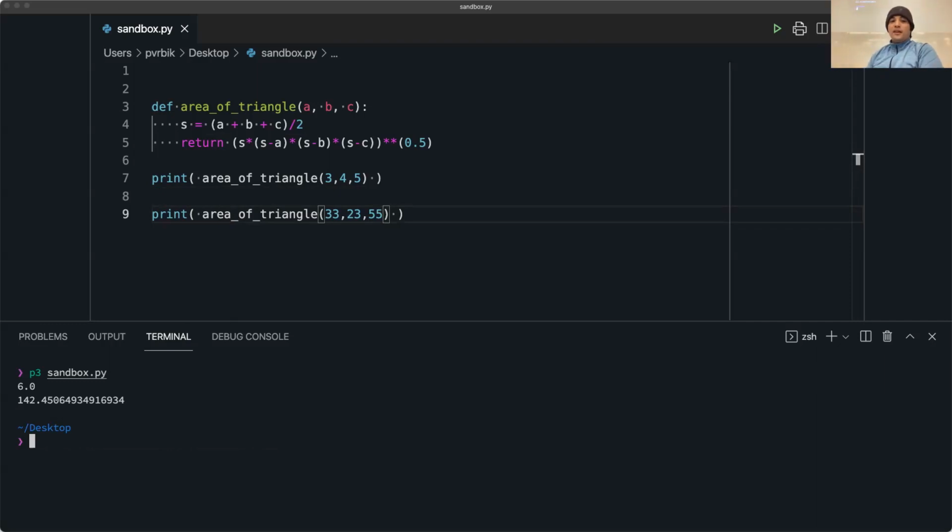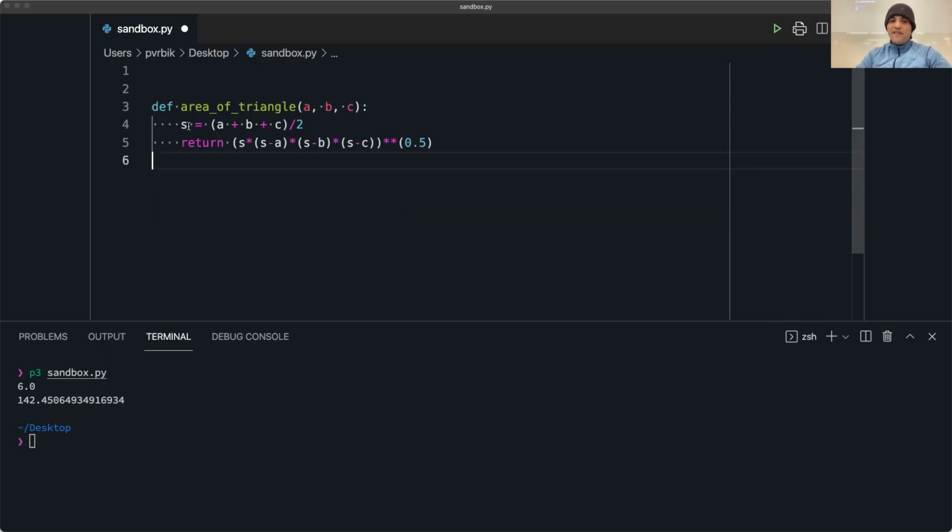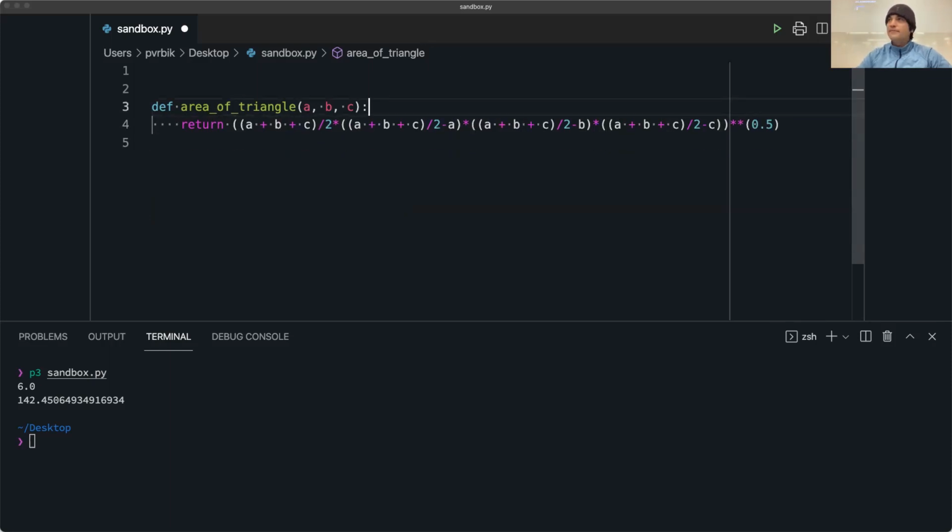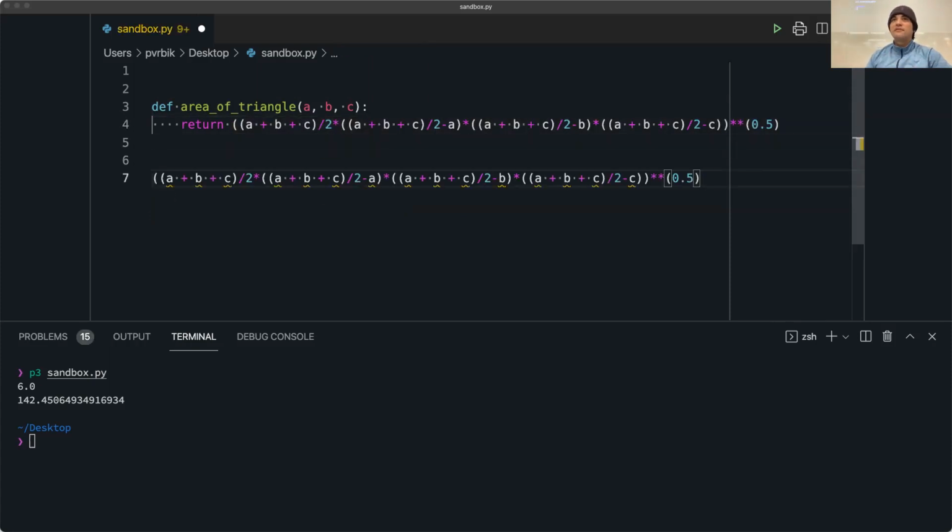142. It's important to note that I didn't have to declare this S. I could have gone in here and just replaced this S like this. We could have got rid of that, and we don't even need this function. Every time you wanted to compute the area of a triangle, you could have done this.